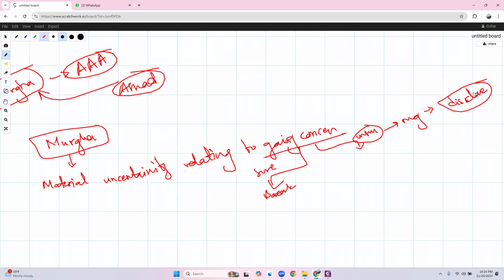Yes. Now remember this one thing that is very important for the exam and do not get confused within it. Whenever there is a material